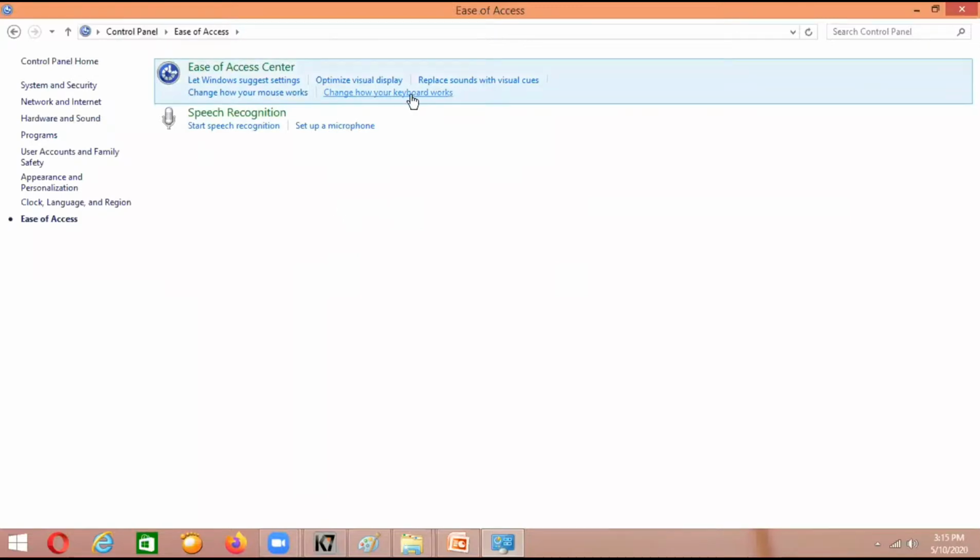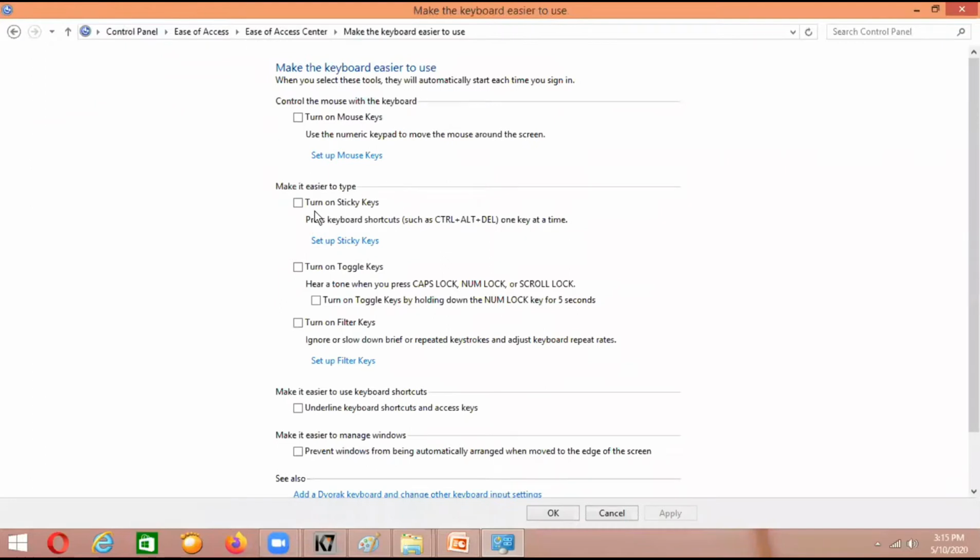Now the first option is the keyboard option, that is, the sticky keys. Just to recollect, sticky keys mean that instead of holding special keys like Control and Shift along with another key, we can use those keys separately, not simultaneously. So that is all about sticky keys. I'm enabling the sticky keys and clicking on Apply and clicking on OK.